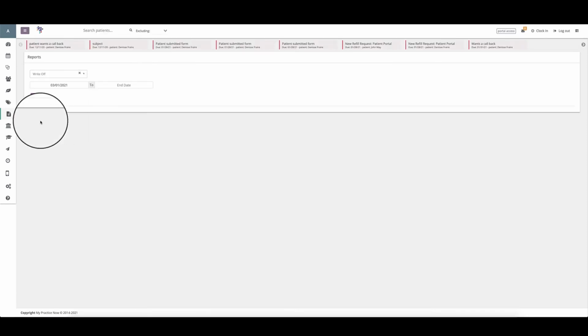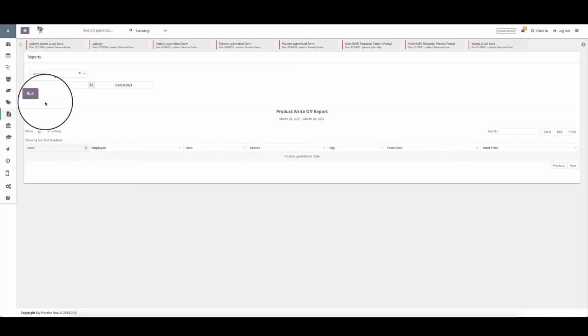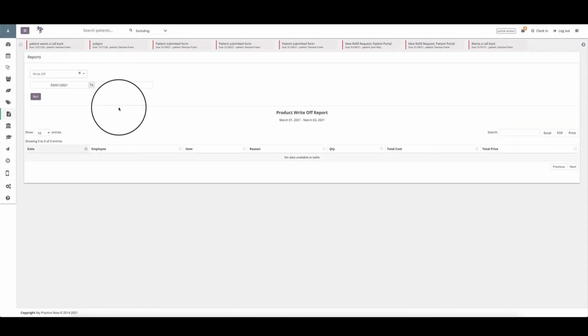The write-off report is also by a date range. You're going to click on run, and it's very similar to the received product report. It'll give you the title, the date range, the date when you wrote it off, the employee that wrote it off, the item that was written off, the reason why it was written off, then the quantity, the total cost, and the total price. This price is what you could have potentially made if you had not written off that